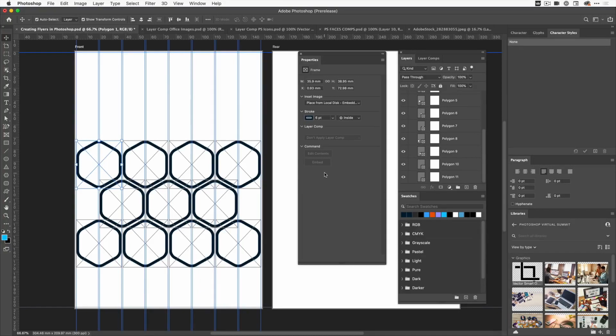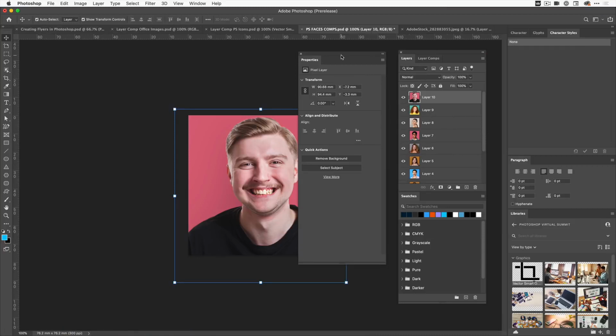Now I've only got 45 to 50 minutes for this class, so I'm not going to show you exactly how to do layer comps. That's something you can find. I recommend looking at Jesus Ramirez, the Photoshop channel, because there are a couple of tutorials on there about layer comps. But I'll just quickly cover one aspect of it, and then you can go off and create your own. So let's go to my document where I'm going to be using my faces that I want to put